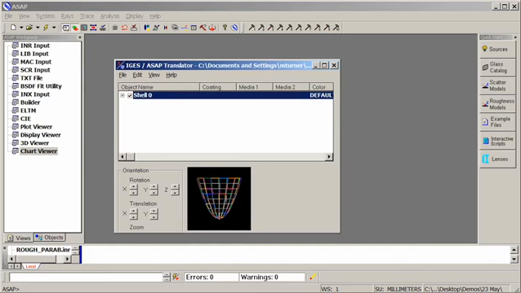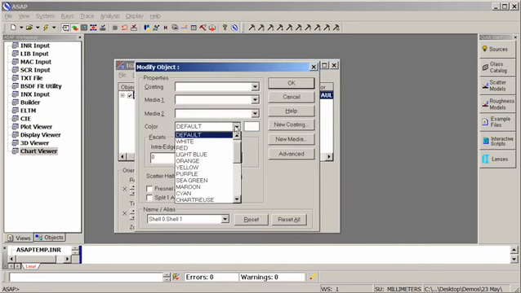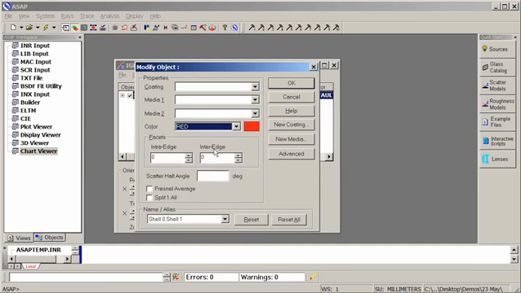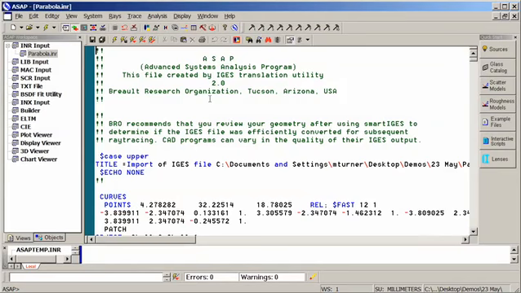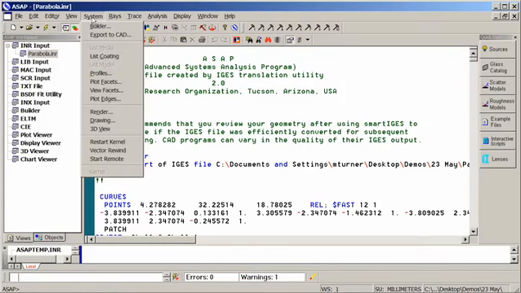And as we can see, we have our parabola, and let's make it a color we can all see. So how about red? Here's the file in ASAP format. If I run this file and now take a look at it,